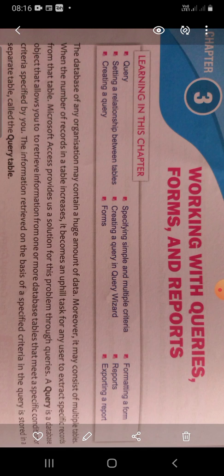As it may consist of multiple tables, the number of records in a table increases more and more. In this situation, it becomes a very difficult task for any user to extract, that is to access, specific records from the table as its data volume increases.